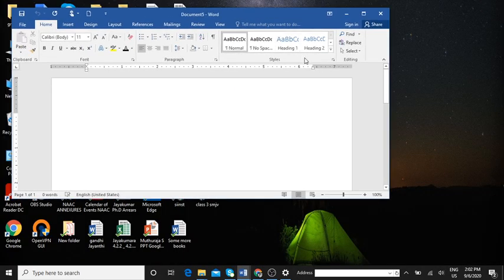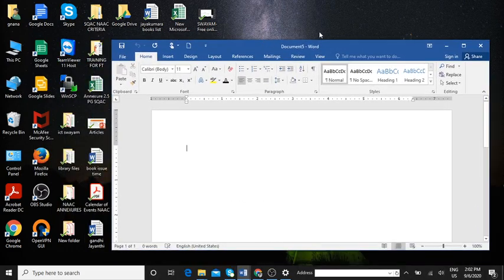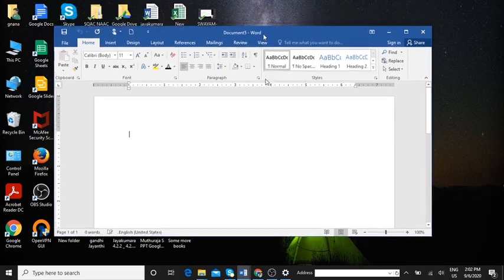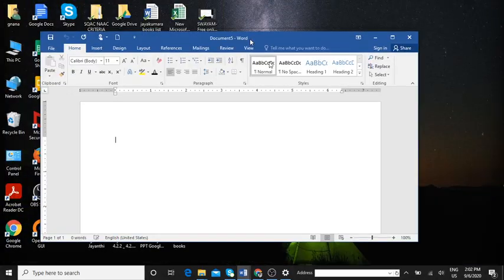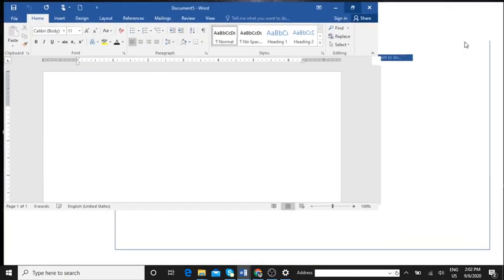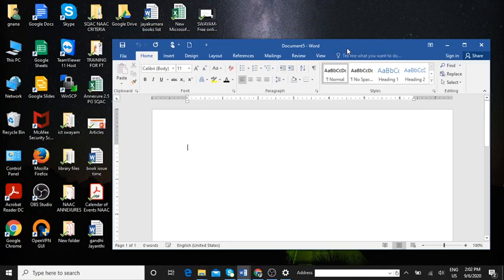And how to move it? Using your mouse, press and hold the left click and you can move your window wherever you want. Then either you can maximize it or restore it.